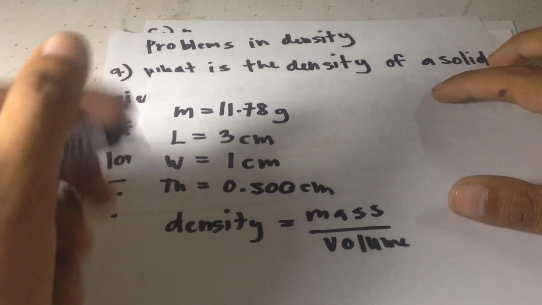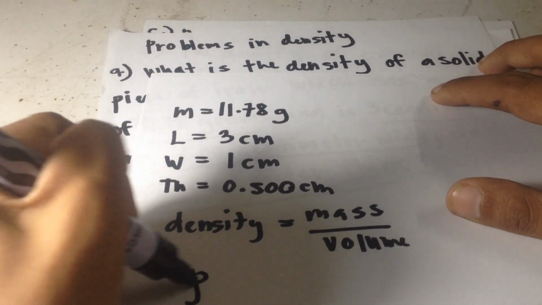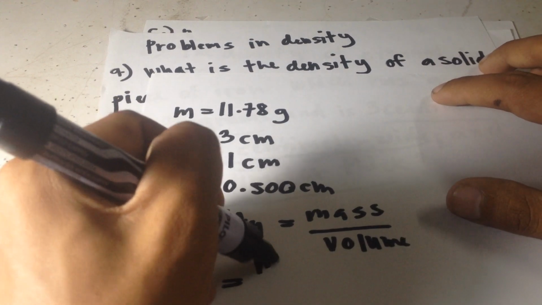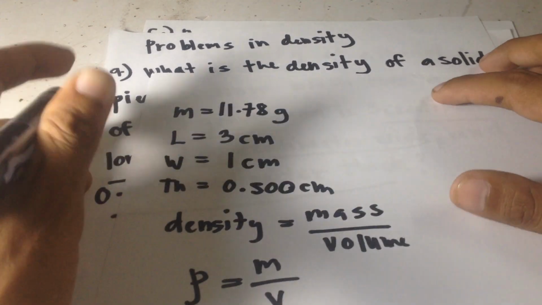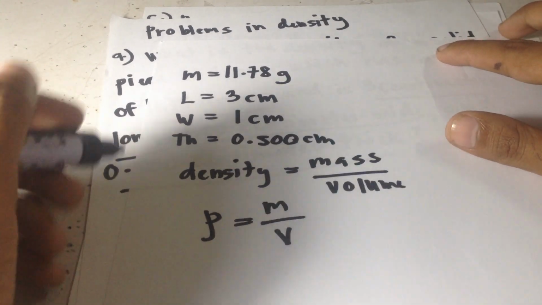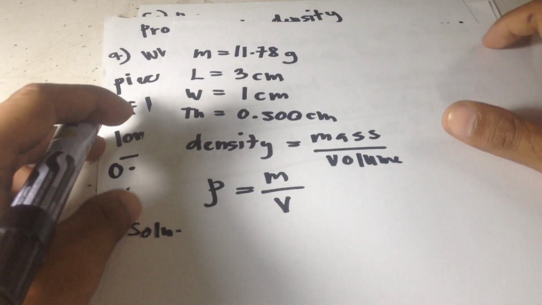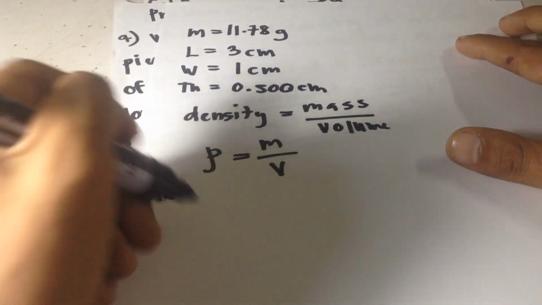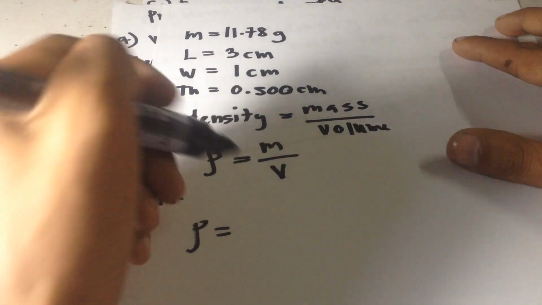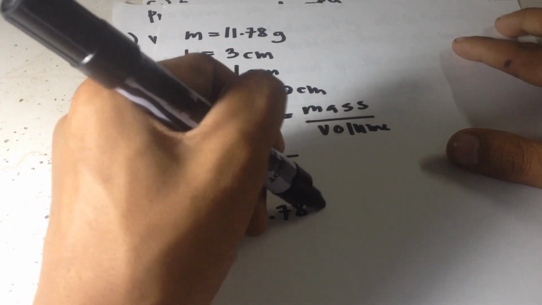The algebraic formula: density rho equals m over v. So now the solution. Density is equal to the mass, 11.78 grams,